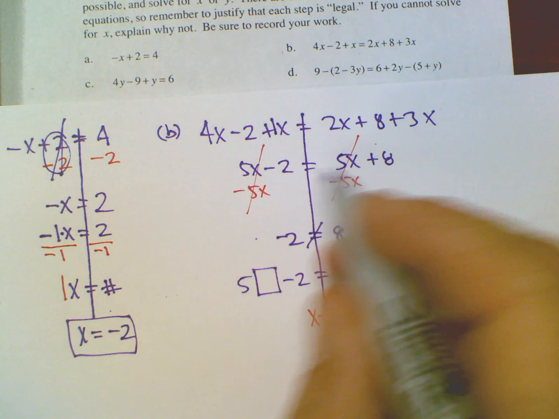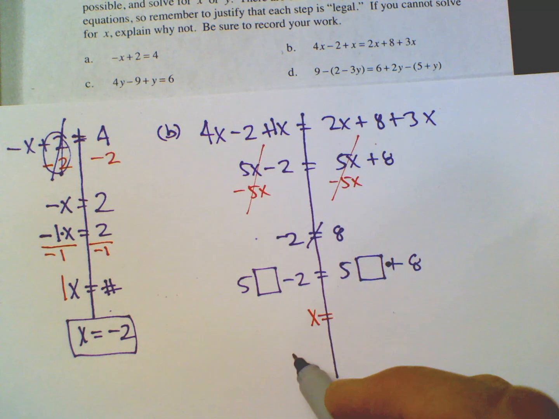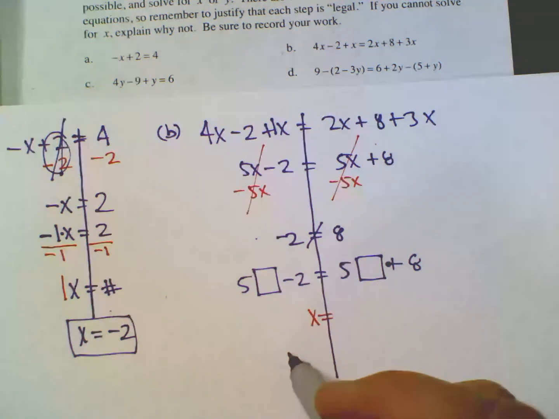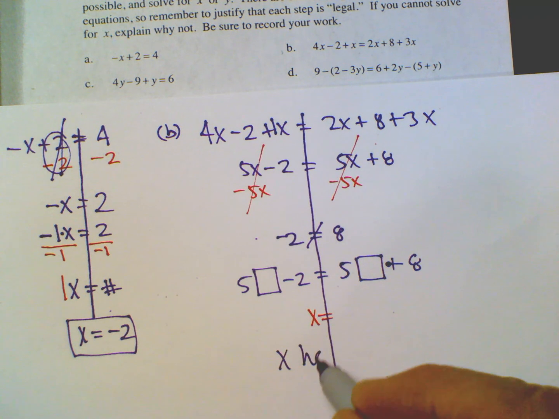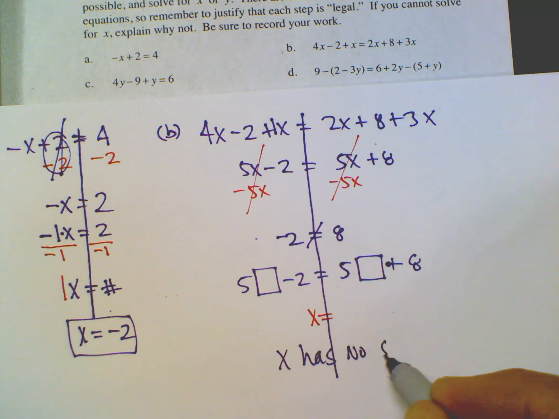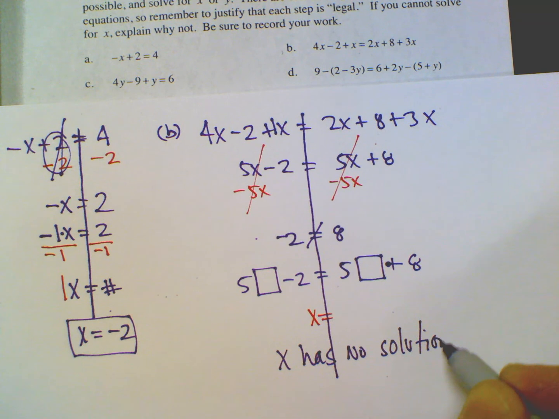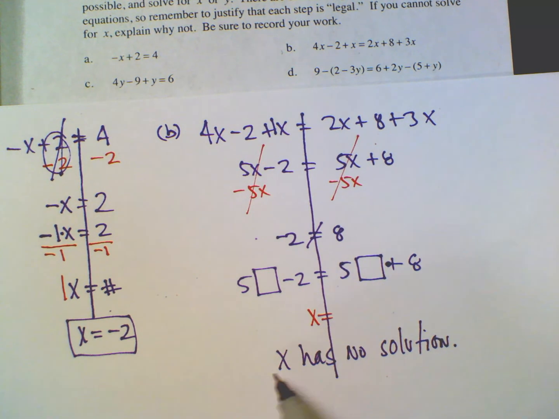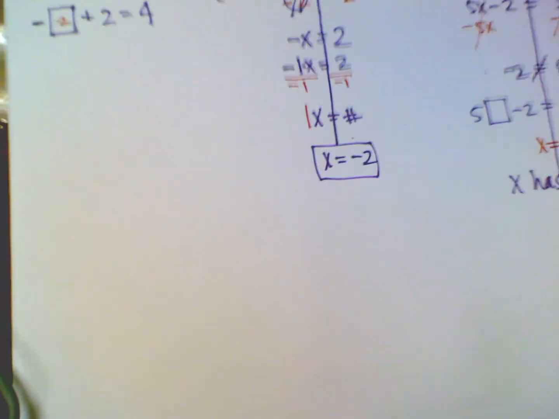So that being said, because we're in this situation here, this is one of those places where we would say that x has no solution. So there's no number that x can be. So x has no solution, or x cannot equal any number. Okay, that's B. C,